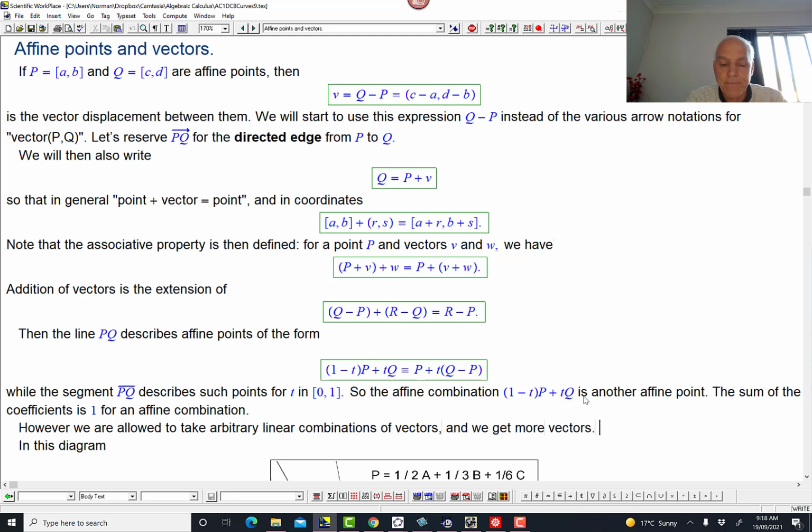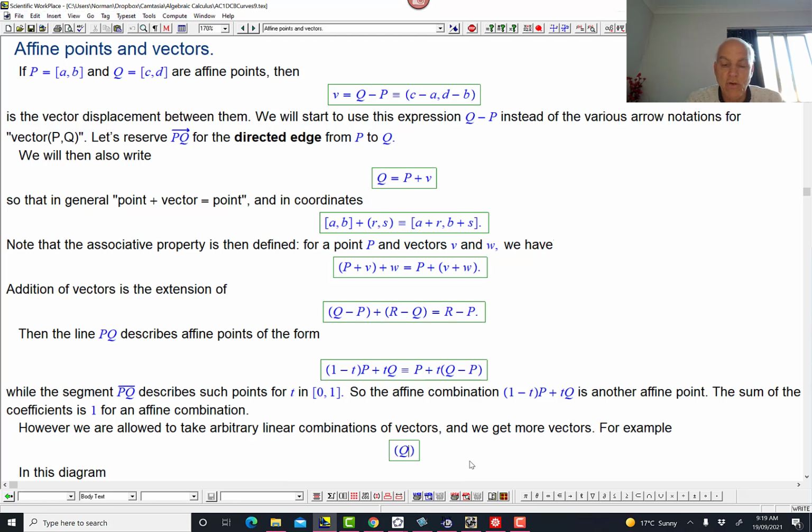So for example, if we look at the combination, say, Q minus P, so that's the vector from P to Q, and we add 3 times the vector, let's say P minus R. That is the vector from R to P. Are we allowed to add these things? Yes, we're allowed to add vectors. And what do we actually get when we do that? Well, we just do the arithmetic. We get Q. How many P's are there? 3P minus P, that's, I guess, 2P. So plus 2P and minus 3R.